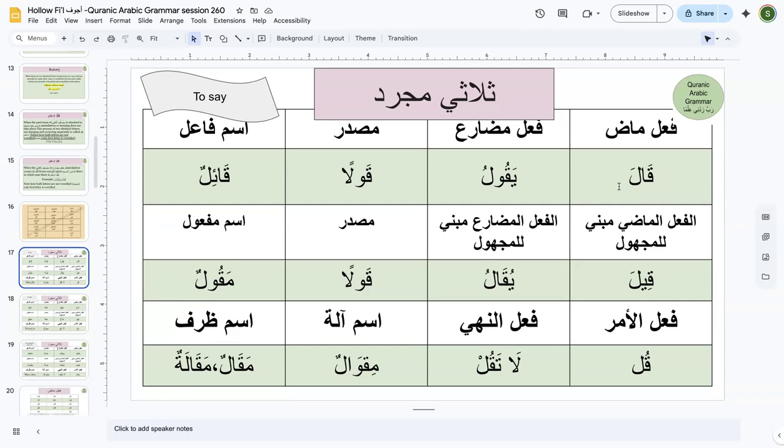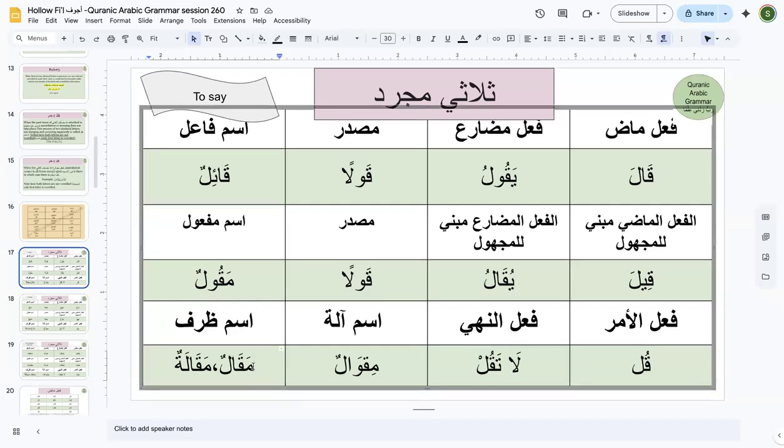Okay. Now, I'm going to show you one more where there is an application of similar rules. So it's going to be easy, and I hope you are able to tell me how this worked. In case of maqalun, what was the original form? What was the original word? It was makwalun, right? So makwalun became maqalun.